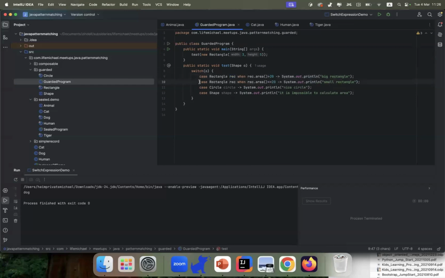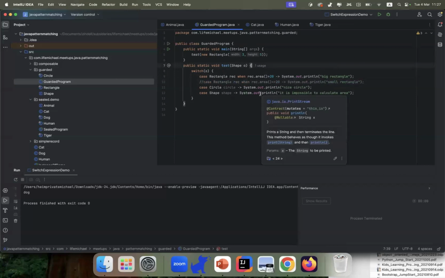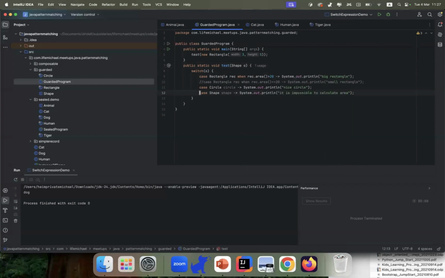By the way, you can see that if I take away this line, then it means that we might have a problem, but we don't, because we have the last line that handles the case of a rectangle whose area is not bigger than 20. But if I take this away, then we get the problem: switch statement does not cover all possible input values.